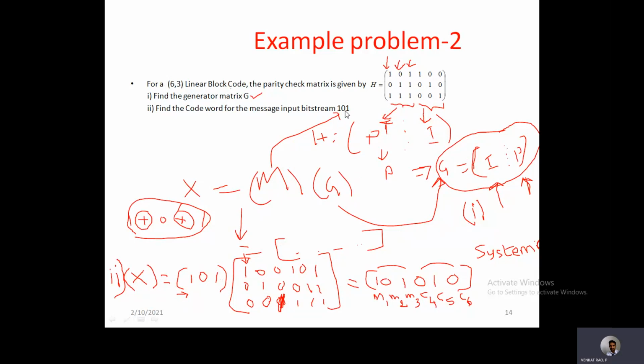So for these 3 bits, again 3 parity bits are added. Why only 3 parity bits? Because we know that the number of parity bits is equal to n minus k. So 6 minus 3 is equal to 3 only. So that's why 3 extra parity bits are added to the original message bits. That is the final encoder output from the linear block code.